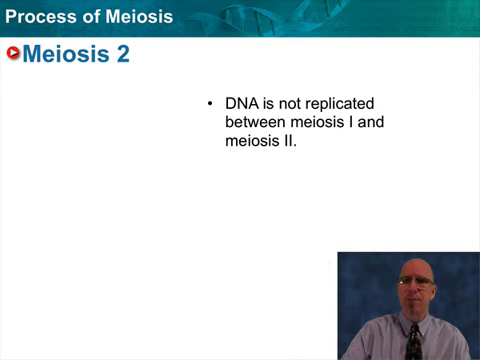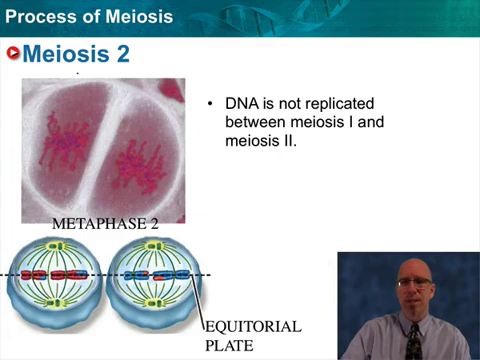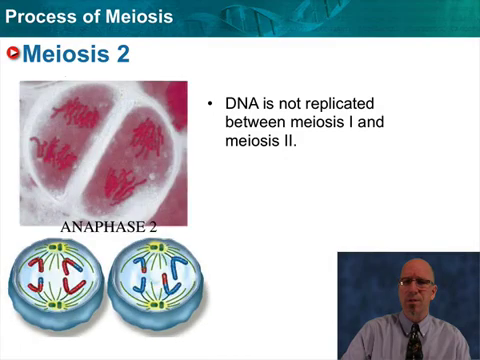Then we jump into meiosis II. Meiosis II is a different kind of cell division. There's a real short interphase. DNA is not replicated, but the chromosomes coil up in prophase. In metaphase, they line up on the equatorial plate. Now let's take a look at this. It looks a lot like mitosis because the chromosomes are lining up, and we're going to see that the centromeres split,